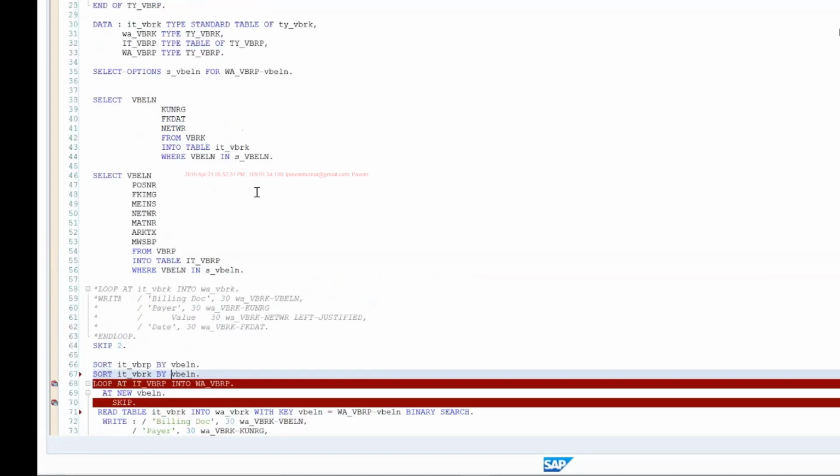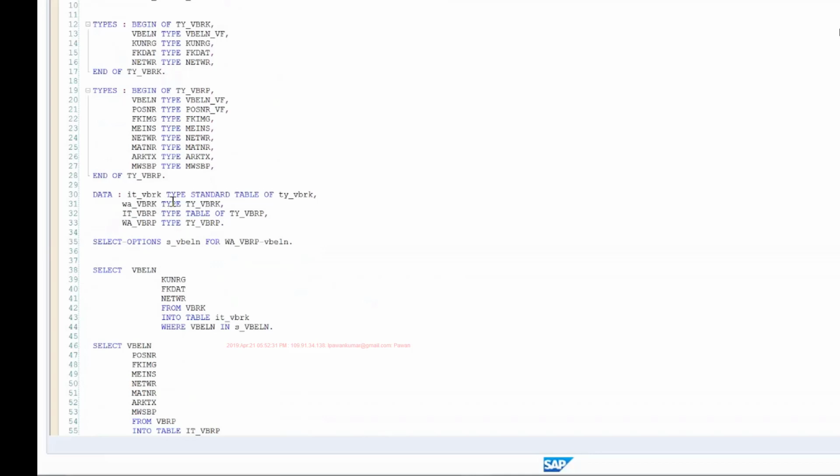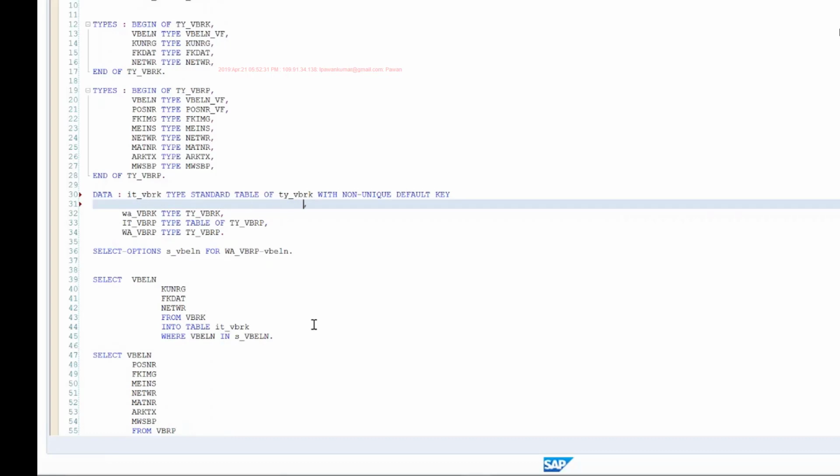Okay. Or else we can use secondary keys while defining this table. So while defining ITVBRK, I can say with non-unique default key, and then I can also say with unique hashed key by VBELN components VBELN.